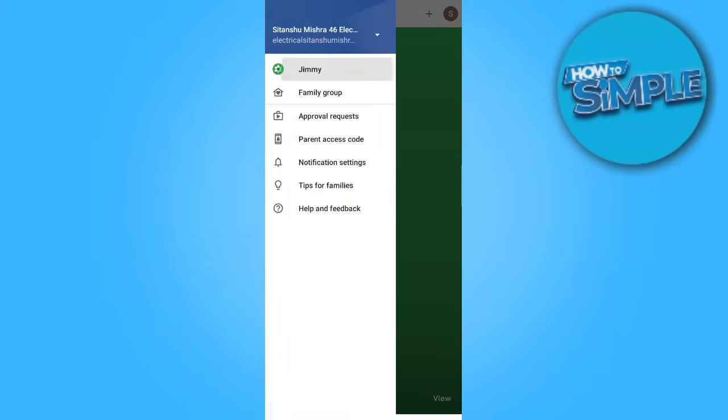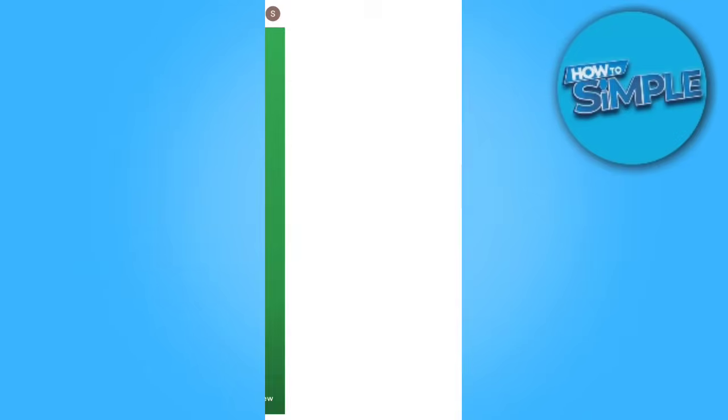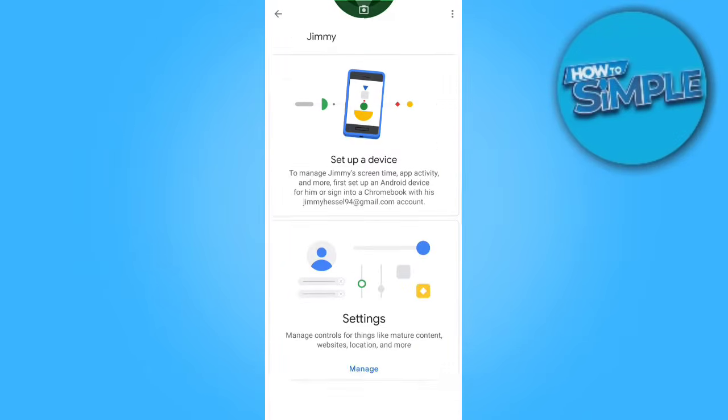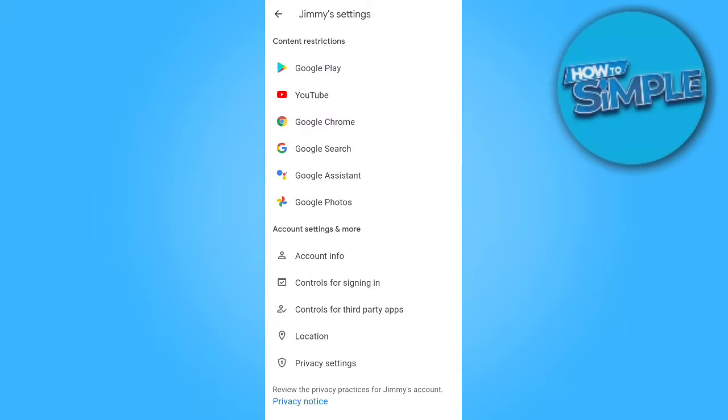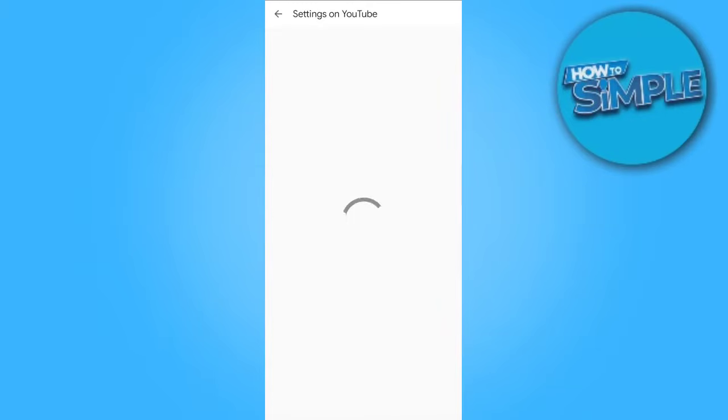Now you can see this. There is a child account called Jimmy in my main mail ID. I will open the settings for this account. We'll go to Jimmy's settings, and in settings you have to go to the YouTube settings option on the second